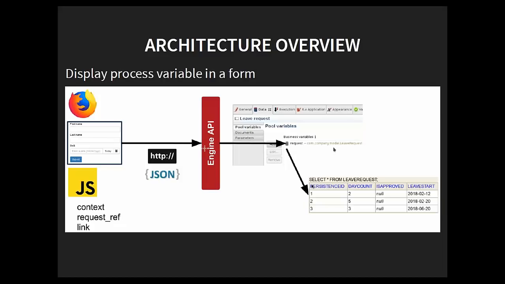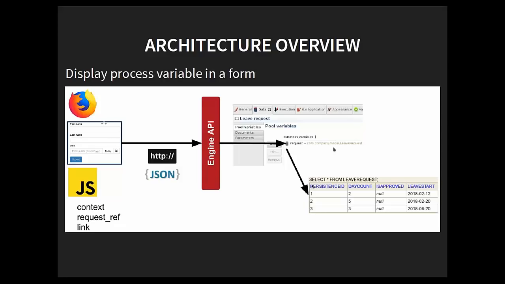But this REST API call will be to get access to a variable, a business variable that you have in your process, for example, that will be the context of your process. And this context is stored in the business data, which is basically some database that Bonita administrates for you based on the structure of your BDM.